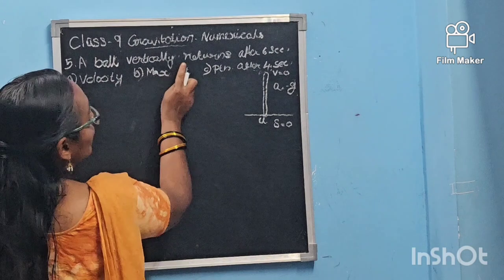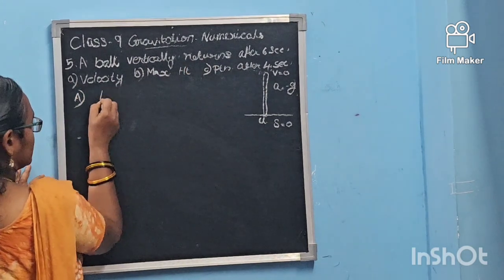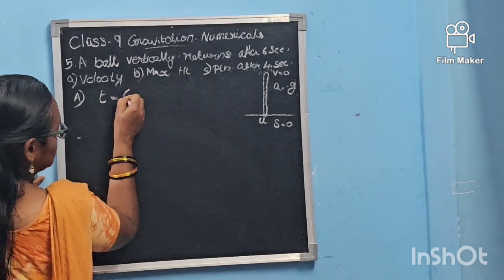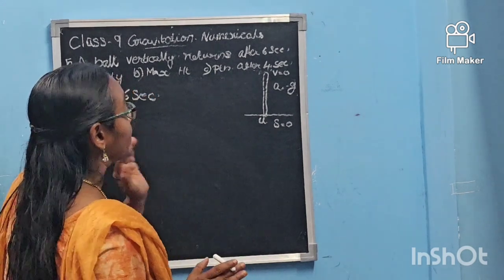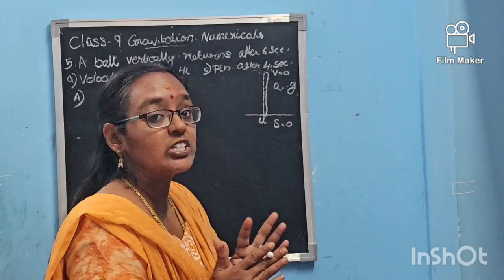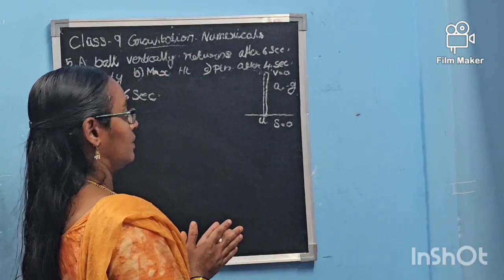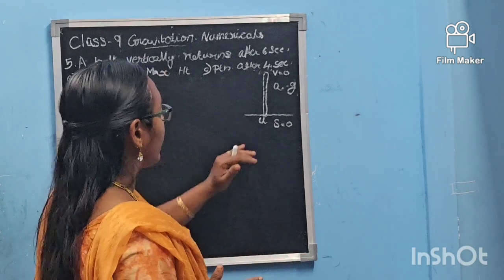The ball returns vertically after 6 seconds. Time is given. Total time is equal to 6 seconds. Isn't it? Total time is 6 seconds. So which equation can we use here if we are calculating